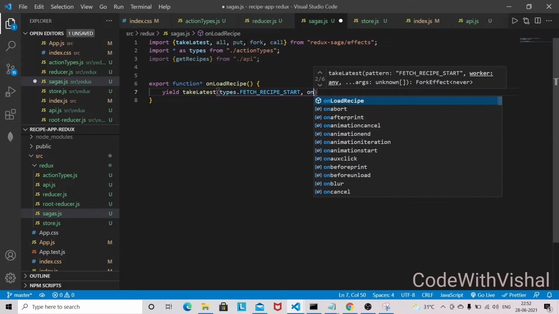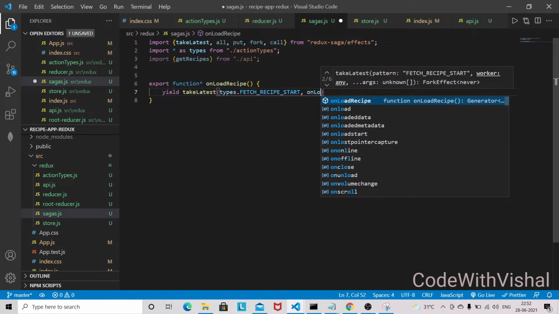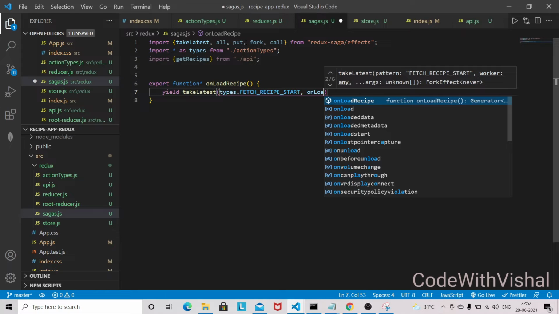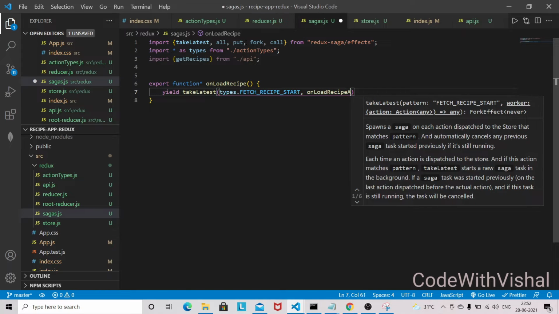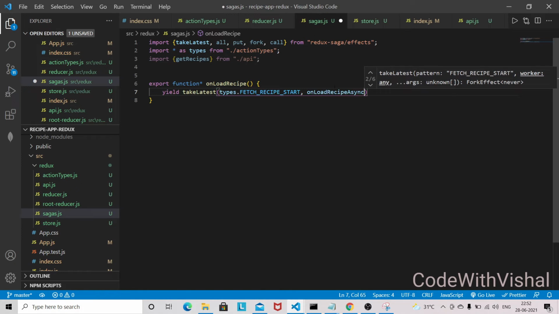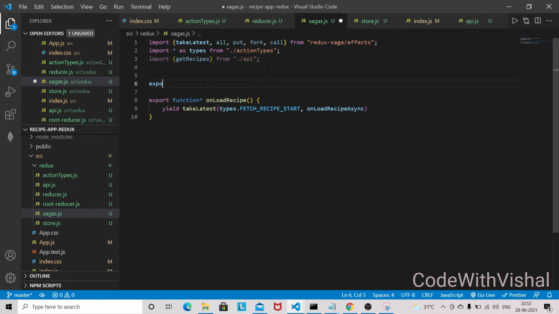So I'll be providing one more saga, on load recipe async. I'll create this one again.